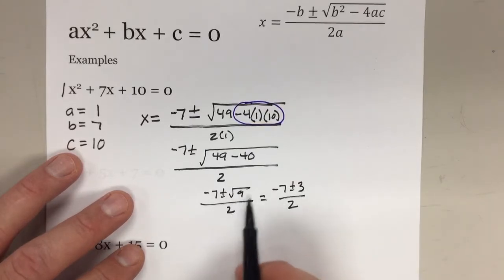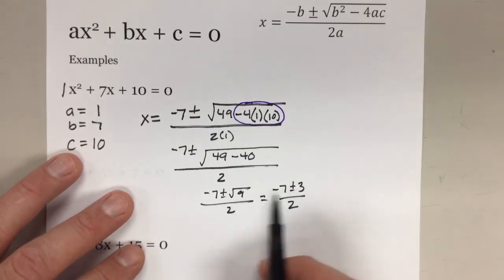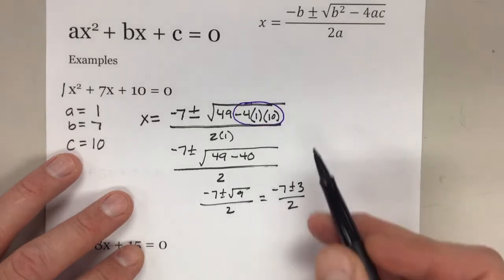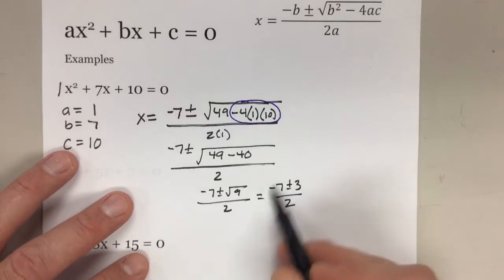On these, when you take the square root, you don't have to worry about having two answers because there's already a plus or minus in the equation. Like the equation knows there's two answers, so you don't have to worry about thinking the square root of 9 is 3 and negative 3. That's built into the equation already. Once you get this far,